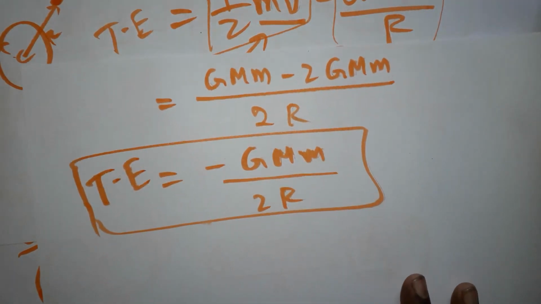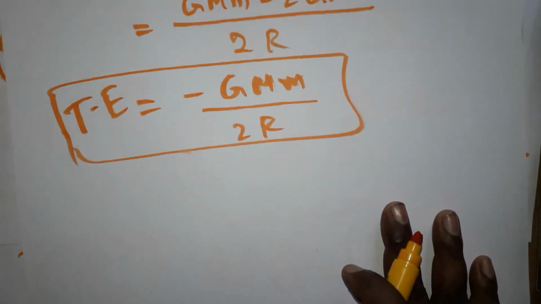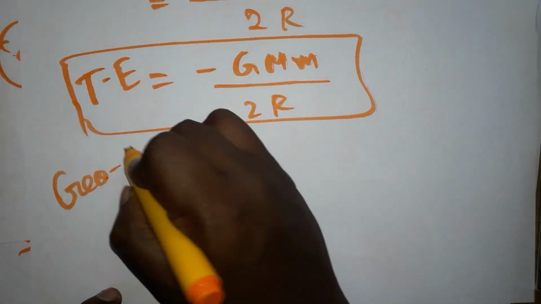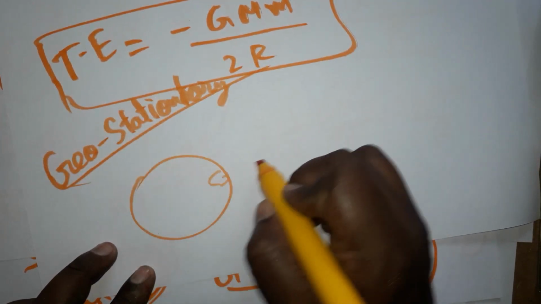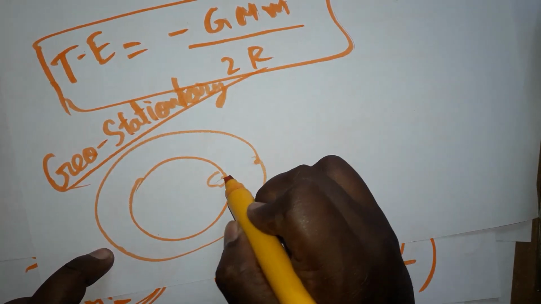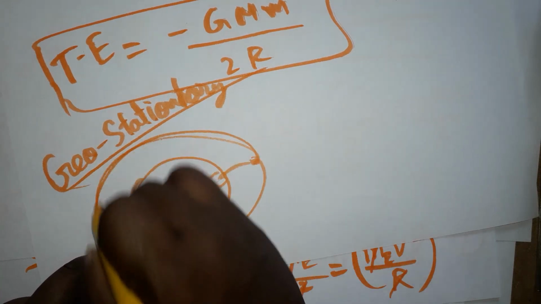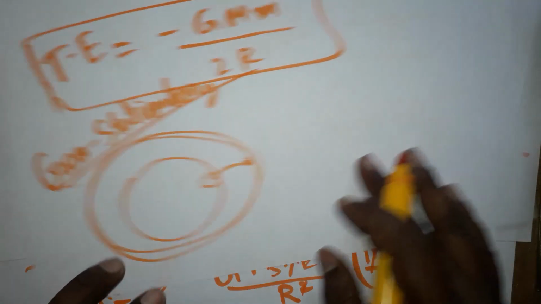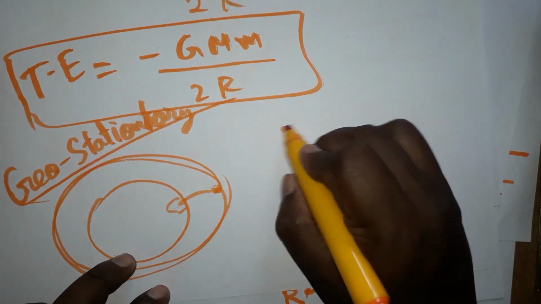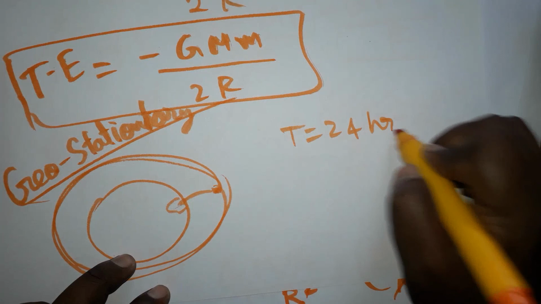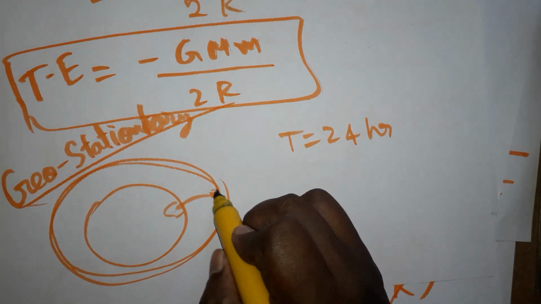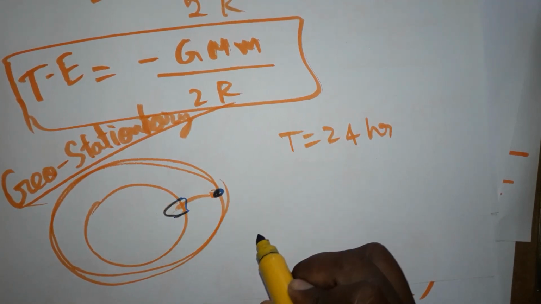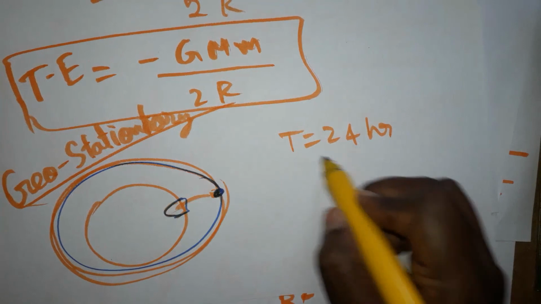The next thing we are going to learn is the geostationary satellite. The satellite which is stationary relative to us while revolving around the earth. If you are launching an Indian satellite, the time taken for one complete revolution is 24 hours. It will be stationary relative to our earth's surface, so it is called a geostationary satellite. It will remain stationary above our surface. The time period for this one is 24 hours.